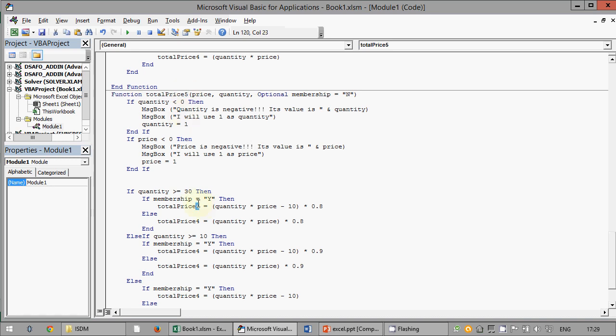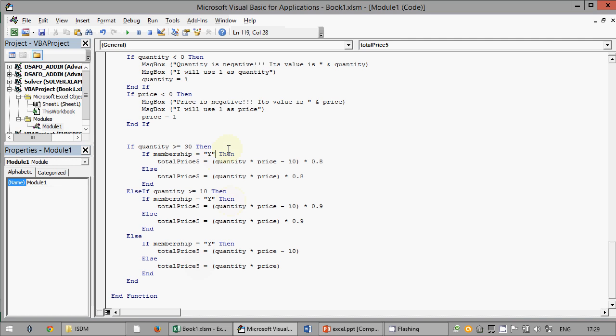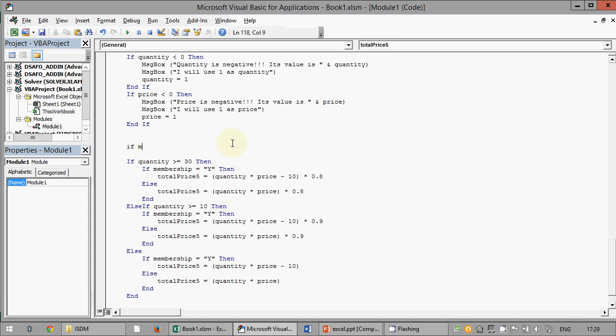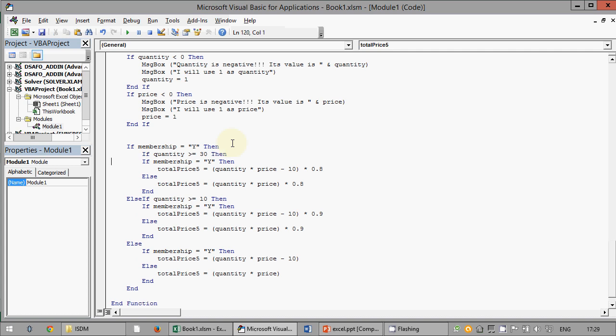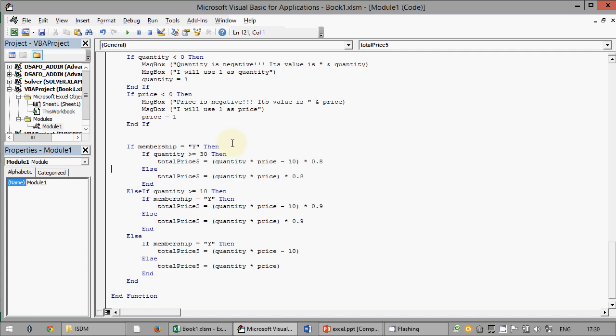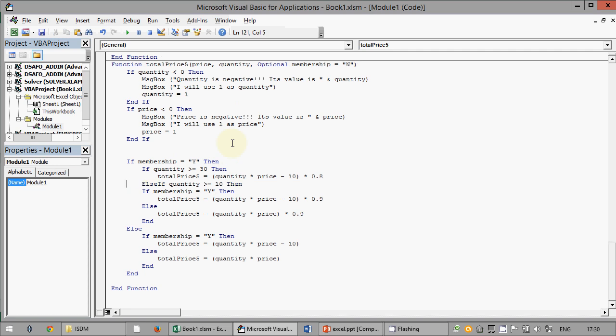The opposite approach is checking immediately whether membership is equal to yes. Okay, if it is equal to yes, I will now check the quantity, and I will do this thing here.